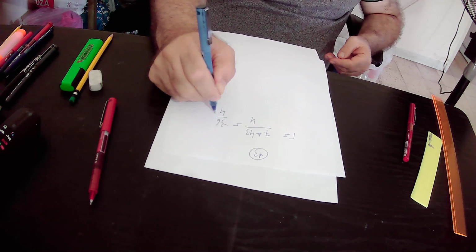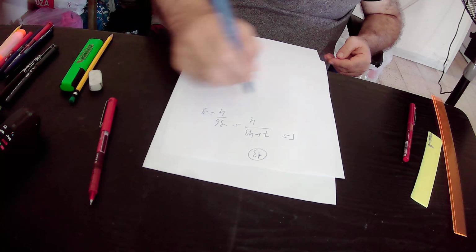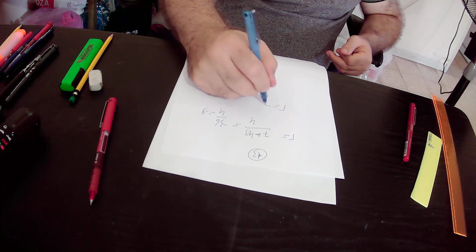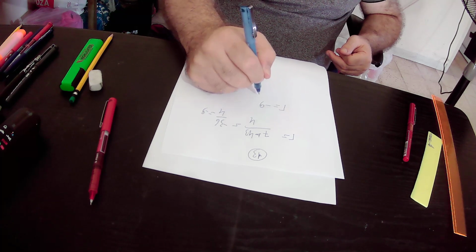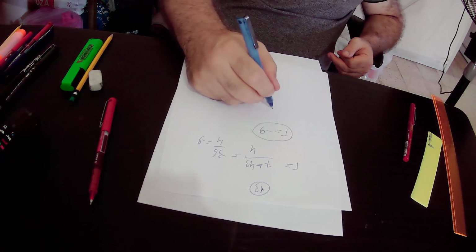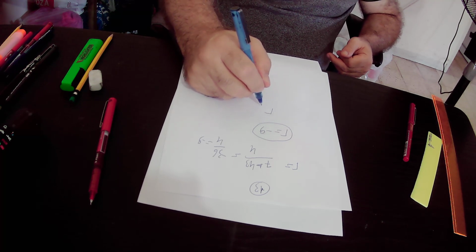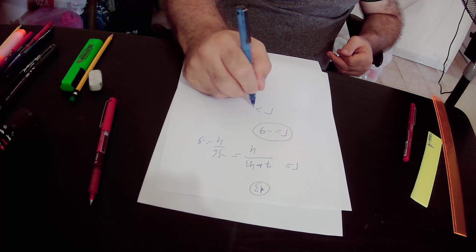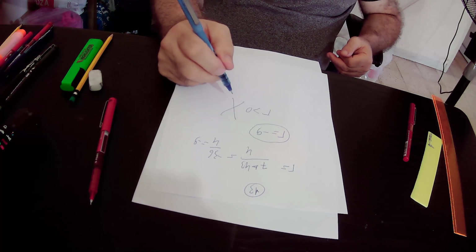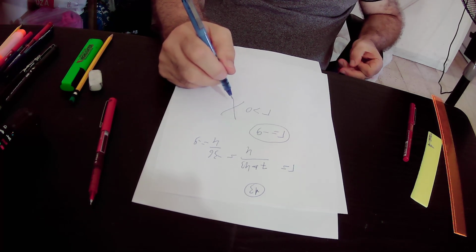Minus 36 over 4 is minus 9. So we got the answer that R equals minus 9, and the radius must be a positive number. Therefore, this answer is not correct,